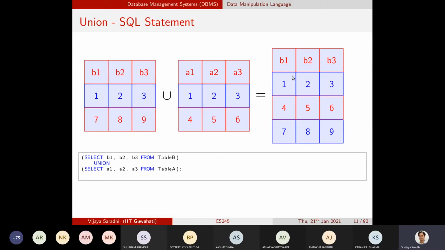And the way we will achieve this in SQL is that we first select the contents of the table B through this select statement: select B1, B2, B3 from table B, union, select A1, A2, A3 from table A. That's how we will be looking at it.